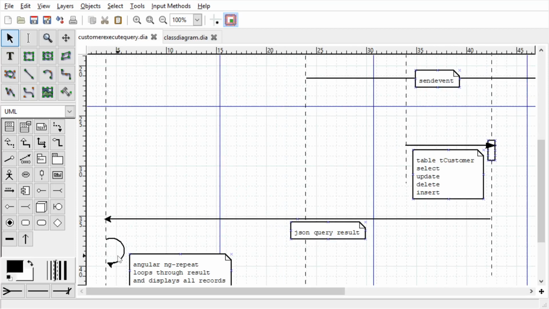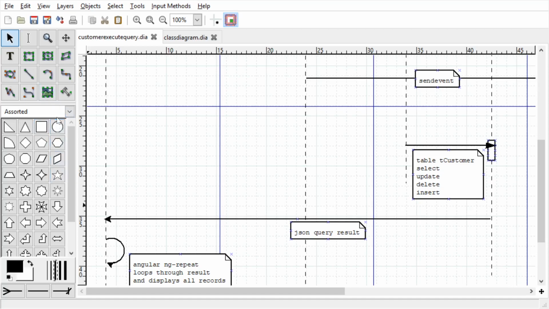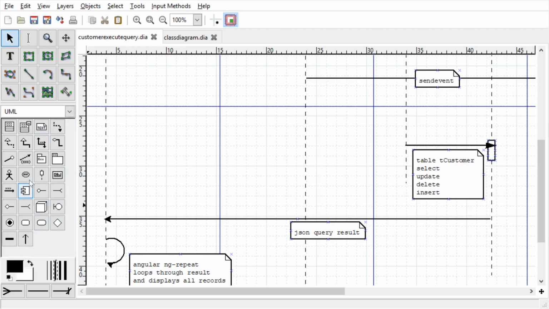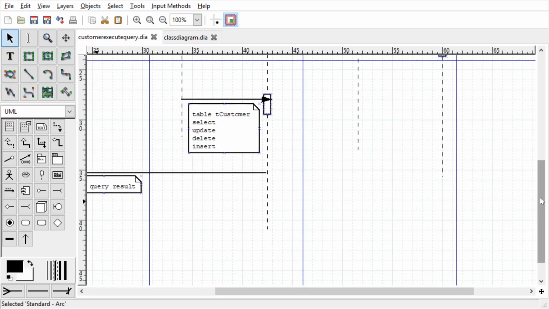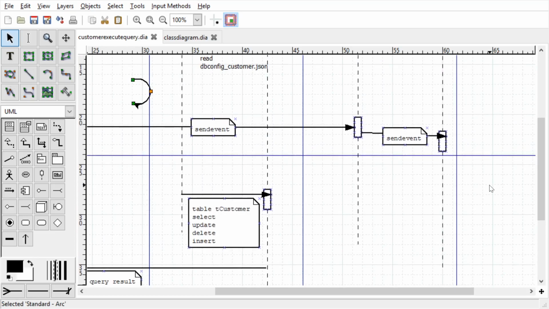I got this arc from somewhere, no? I don't know where it is, but let me copy the arc anyway since I'm not finding that, and let me save this before I lose it. Right, so I'm going to paste it here.